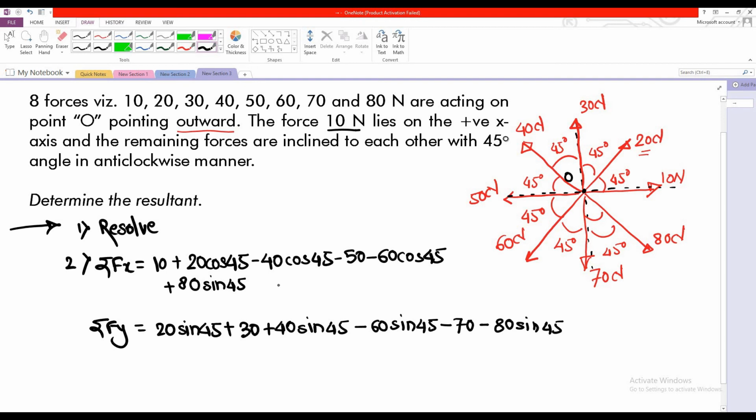Okay, if we put these statements in the calculator and hit enter, we are going to get summation fx as minus 40 Newton and summation fy as,